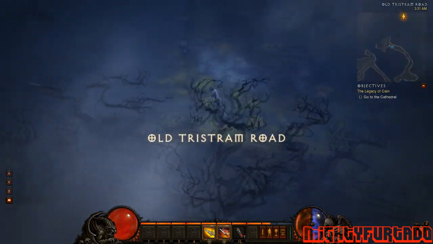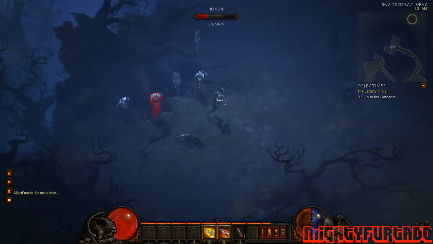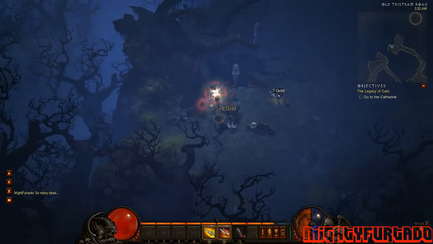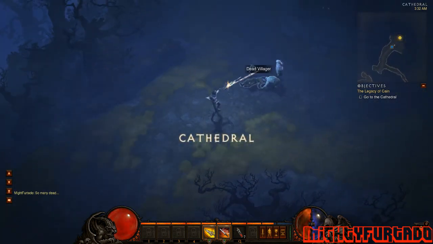And this is the old Tristram Road. And I'm almost, oh, more gold for me. And as you can see here, there's a dead body just hanging from a tree branch. That proves how crazy this game's going to be. So yeah, we're pressing to the old cathedral church now, which is where I cut off,